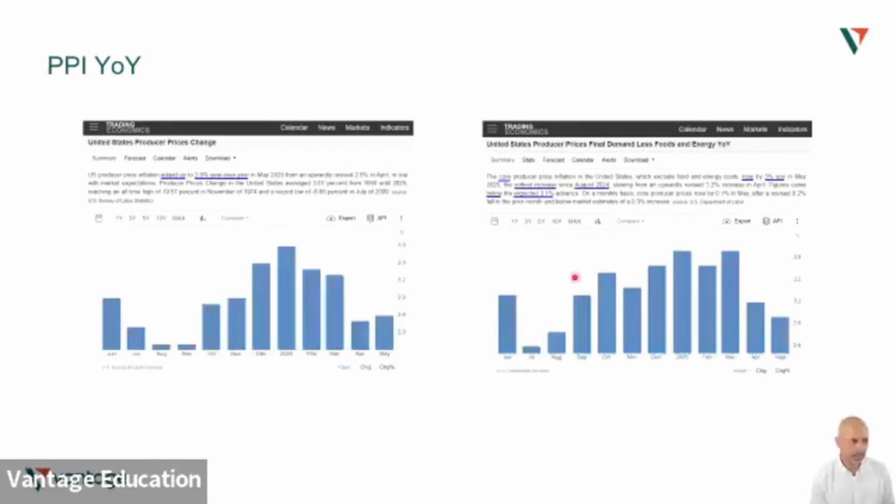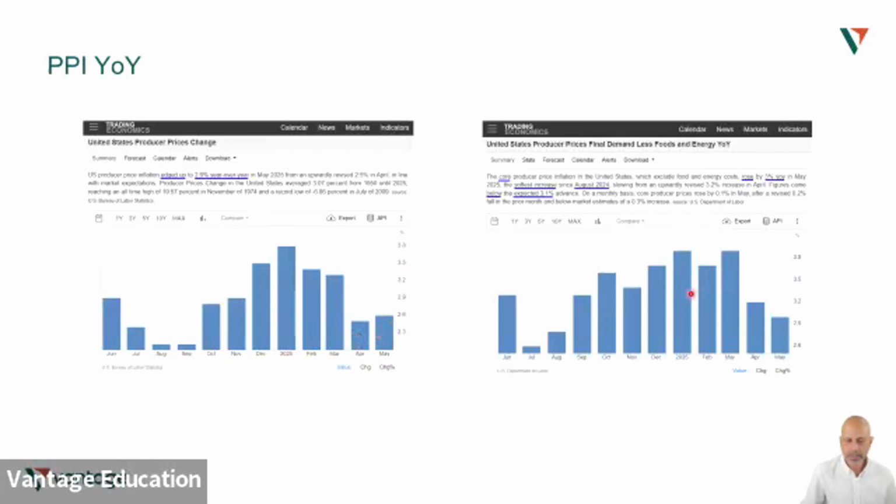PPI, which is the Producer Price Index, measures the level of inflation in the wholesale sector. These readings also showed inflationary pressures accelerating for both headline and core PPI. We can see headline PPI accelerating from about 2.1% in September of last year to as high as 3.8% in January. After that, we've seen headline PPI moderate significantly lower, dropping as low as 2.4% back in April